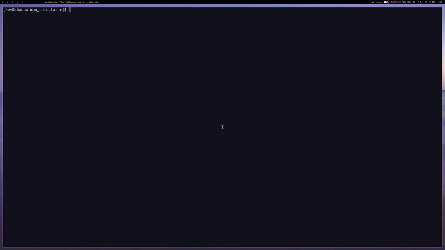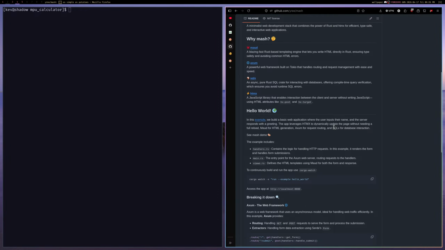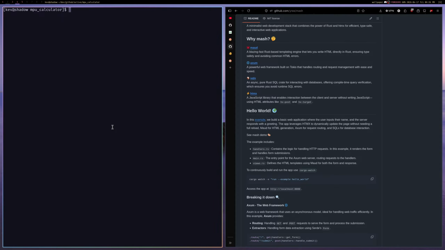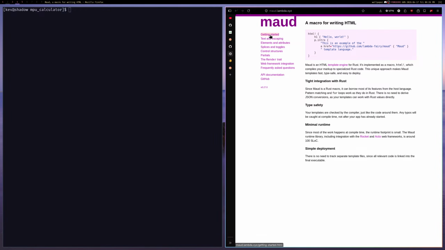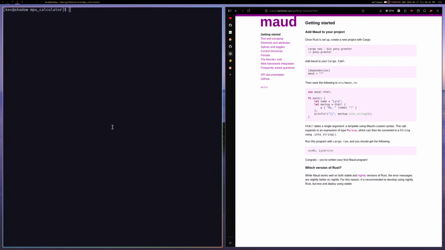Get into it. So first things first, if we remember from the MASH stack, right? So let's go here. Let's move this here. From the MASH stack, we need Maud. So I believe we can open up the documentation for this. So let's go to this, right? And we can get to getting started. And then we can just do